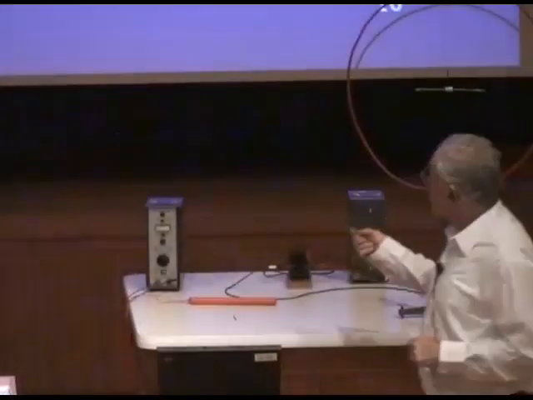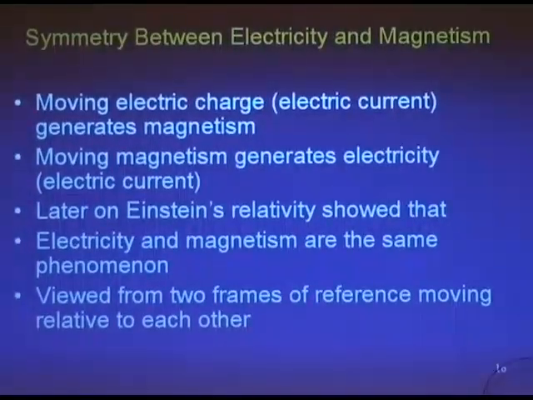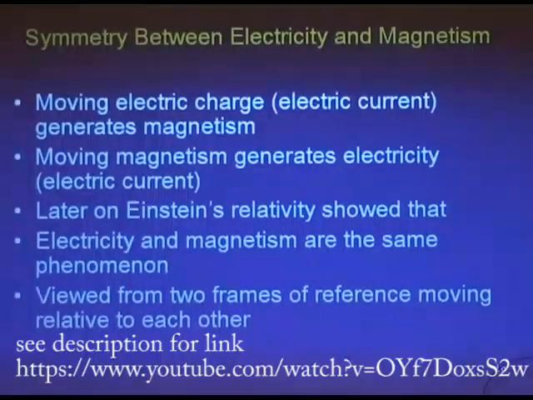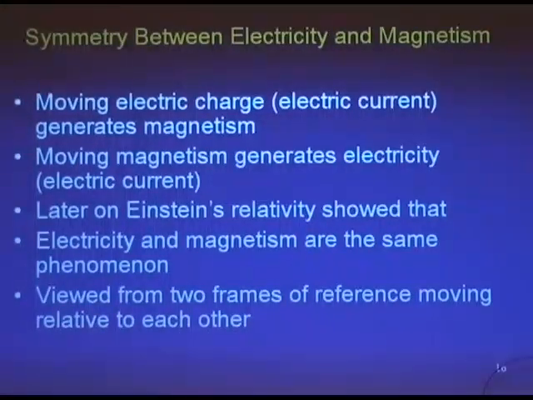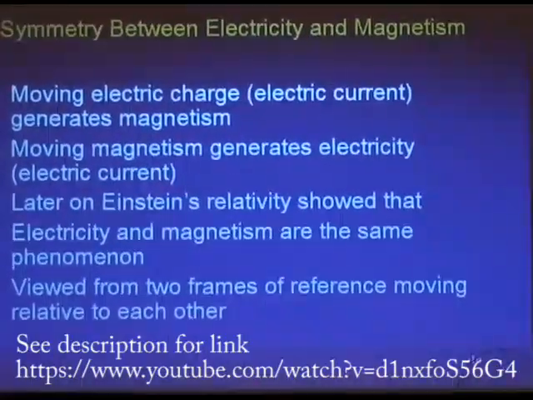I'm going to pause here for a second and make a little connection for you to what Einstein observed. The moving charge is magnetism, and the moving magnet is electricity. Einstein was very fond of making observations that physical phenomena are the same, even if you are in different frames of reference, as I explained to you last time when I was on that cart, and I showed you the ball and the trajectory of the ball.